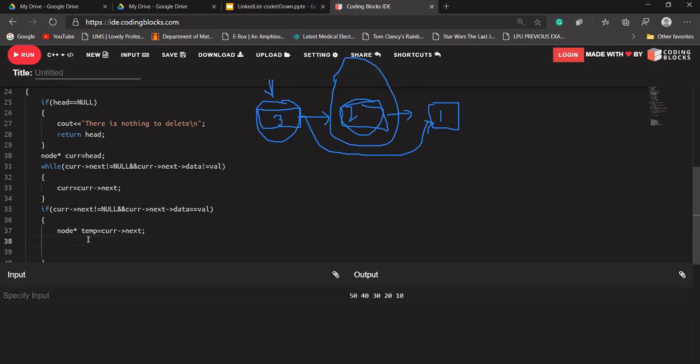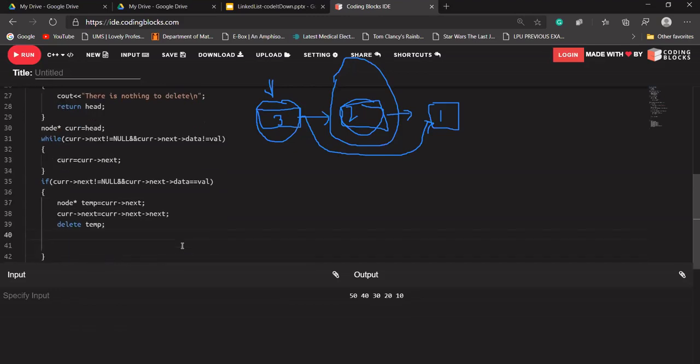And now current's next should be current's next's next. Why am I writing this? Because current's next should not point to this node, it should point to its next to next node. Okay, and after that it should delete the temp node, and it should return our head node.